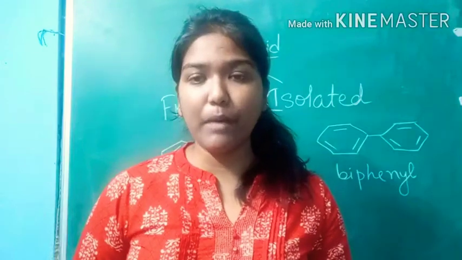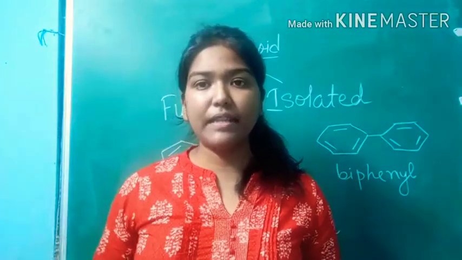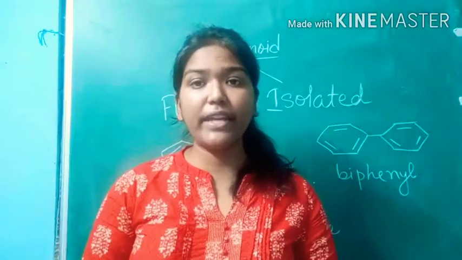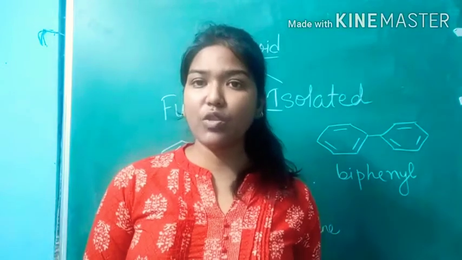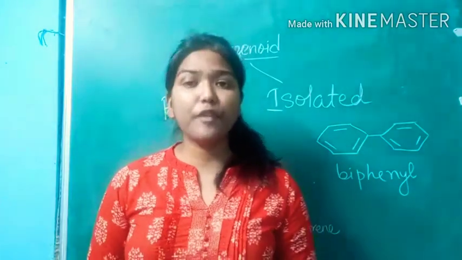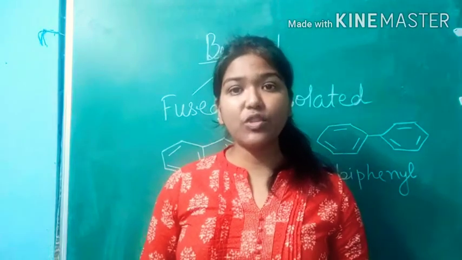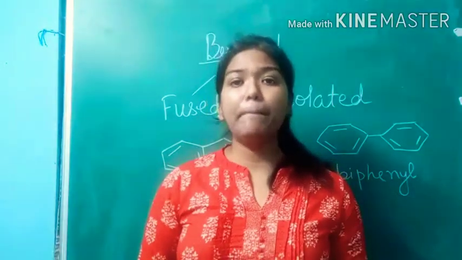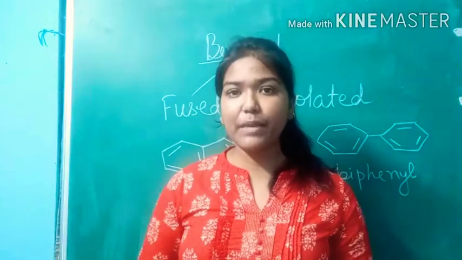Now we are going to focus on 2 types of structures which include benzene. Number one is benzenoid, another one is non-benzenoid. Under benzenoid comes fused benzene structures and another one is isolated benzene structures. In the fused benzene structures, the benzenes are attached to each other. In case of isolated benzene structures, there are 2 or more benzene structures, but they are separated or isolated from each other. Let's see some examples.